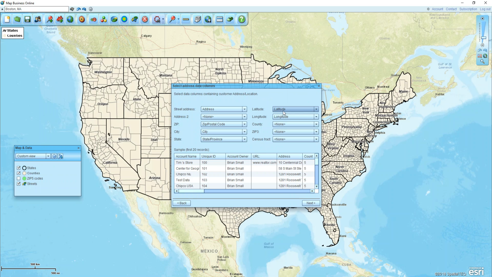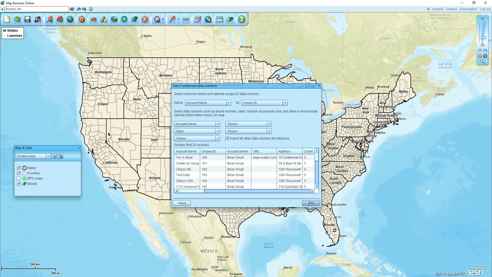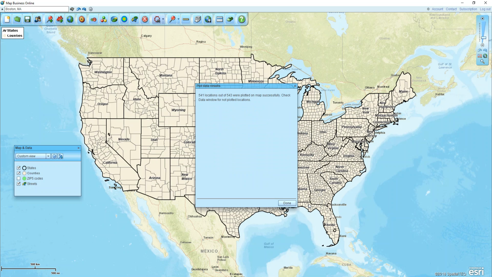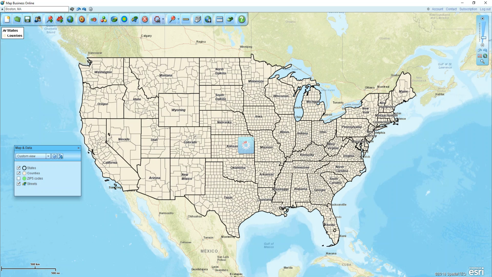You could do it by latitude and longitude. Just have the proper headers of latitude and longitude on your spreadsheet when you bring it in, and just have longitude being negative values. If you do have street addresses, feel free to have those broken up. You could have one column for street address, another for city, another for state, and so on. And with Map Business Online, a 12-month subscription, you can plot up to 100,000 points per map. And when you click Done,